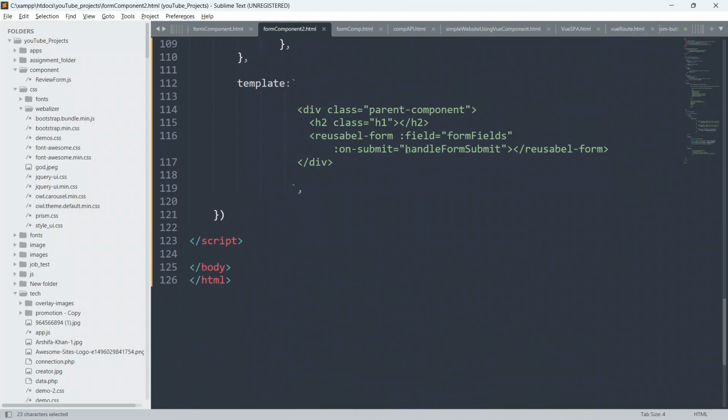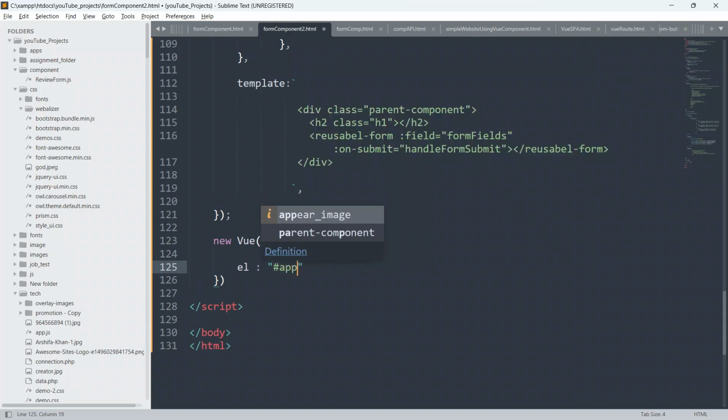So guys, now below this we have to create our Vue.js instance, which is a very important part. If we do not define the Vue.js instance, then we will not be able to show everything in our HTML code, and ultimately we won't be able to show it to the user as well. So we have to define our Vue.js instance. We will say new Vue, parentheses and open and closing curly braces, and inside this we will say el, which means element, put double inverted commas, put hash, and give the id as app. Put a comma and close this.